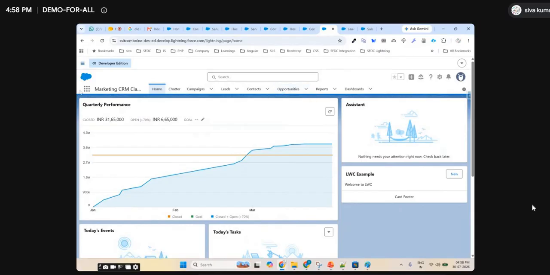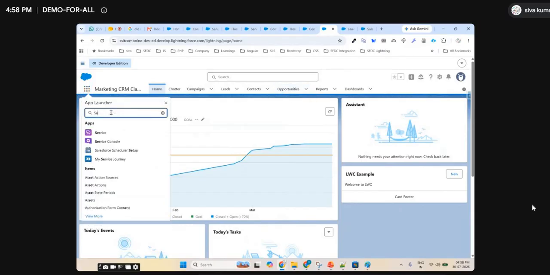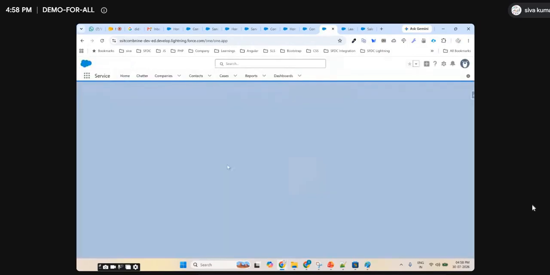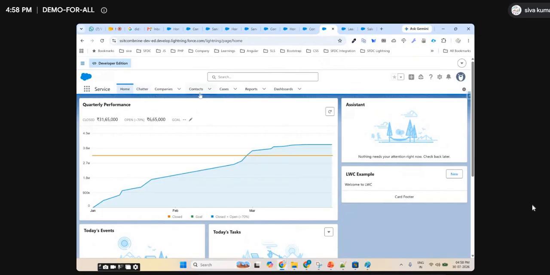And if I take service, that changed: companies, contacts, cases. So an app is nothing but a list of objects.